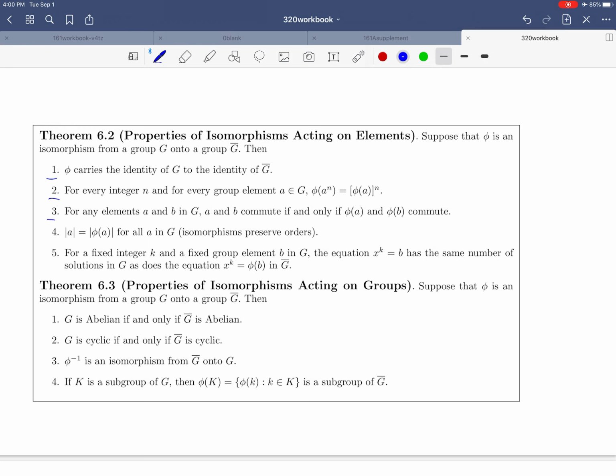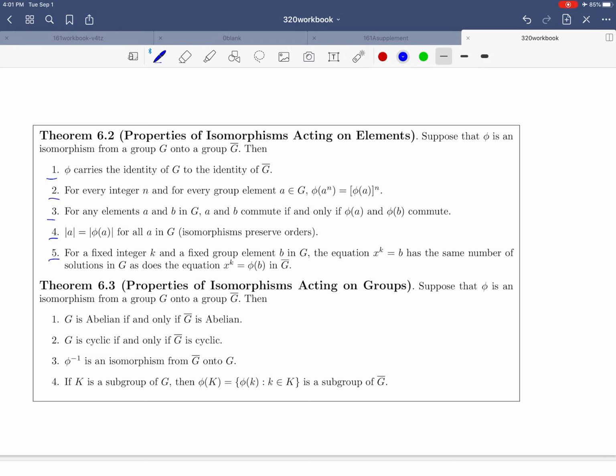Number 3: two elements in G commute if and only if their images in G bar also commute. So as a result, if one group is abelian, then the other group is also abelian, and that's an if and only if. Number 4, the order of the elements is the same. So if you have two corresponding elements, a and phi of a, then their orders have to be the same too. And number 5,